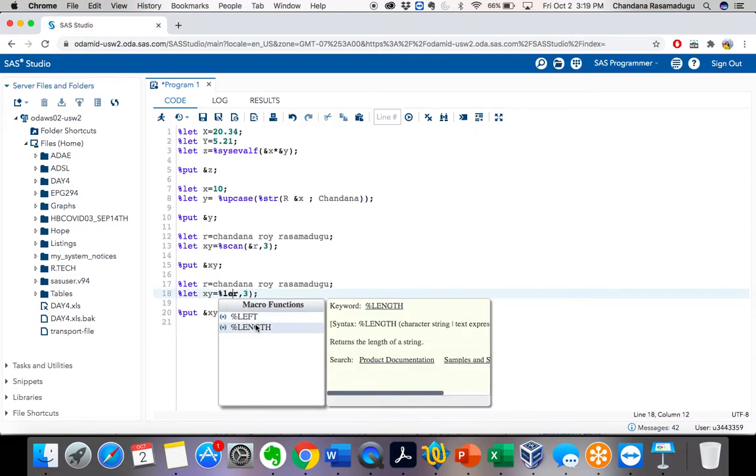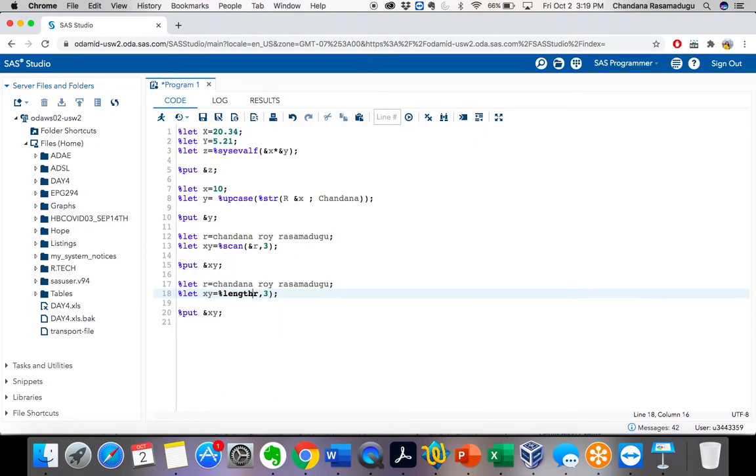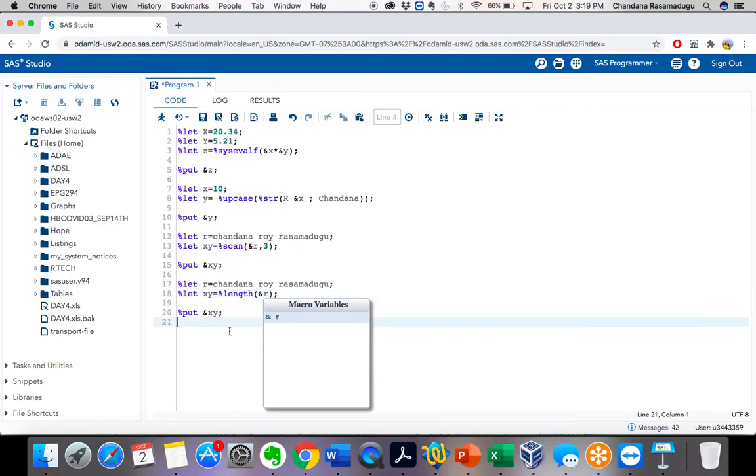What this %length will do: it returns the length of the string. Now here I am taking %length of which variable? &r, right? %r.